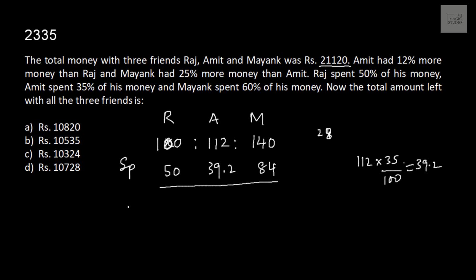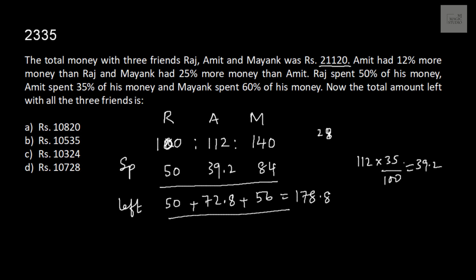Now the total amount left with all the friends. Raj is left with 50. 112 minus 39.2 is 72.8. And 140 minus 84 will give 56. So 50 plus 72.8 plus 56 is 178.8. So if total money is 100 plus 112 plus 140,